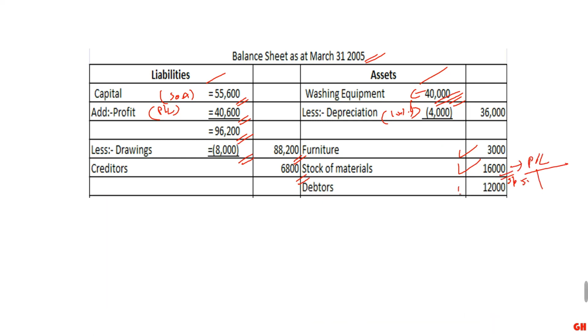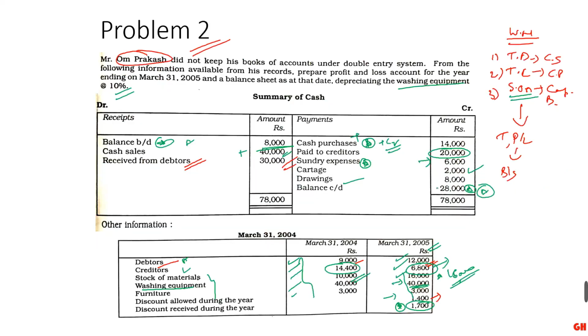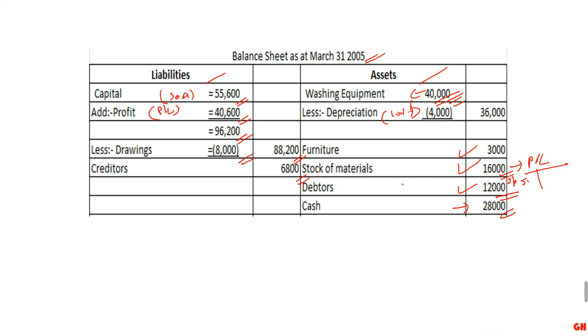Then debtors account 12,000. Debtors account basically is an asset to Mr. Om Prakash. He has sold some goods to debtors, and debtors, that is customers, have not made a payment for this year. So this 12,000 will be shown in balance sheet, and this 12,000 he may get next year. Cash account is the amount which is remaining with him at the end of the year. 28,000 we will get from this, the balance 28,000. Okay, so with this all the entries and all the ledgers working notes have been prepared, and finally your total has to tally, 95,000 and 95,000.